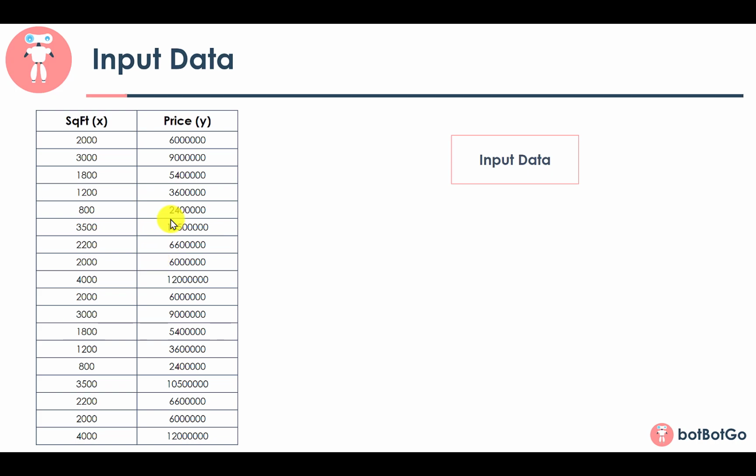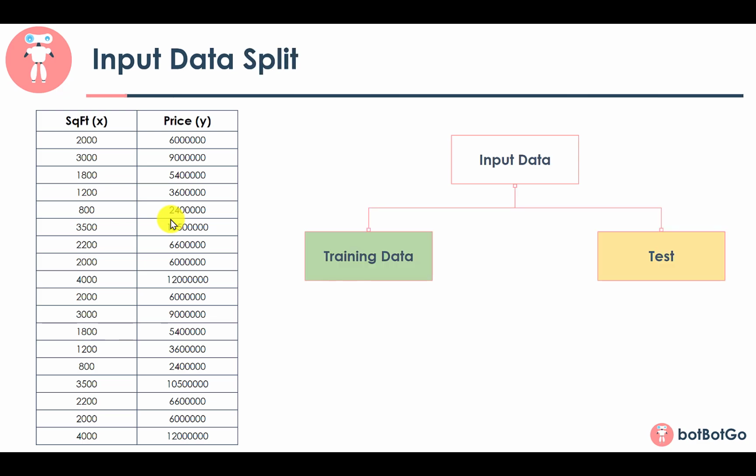The very first step is to split the data into training and test. The reason we want to split this data is because after training a model, you want to be sure that the trained model will give you an accurate result. For that reason, you would use the test data set to compare the actual price with the price predicted by the model. If the error between the prediction and the actual price is not so high, then you can be sure that you could use this model also for unknown data. Also, one input here in terms of AI Fabric: in AI Fabric, this test data set is also known as the evaluation data set. So don't get confused, test is the same as evaluation.